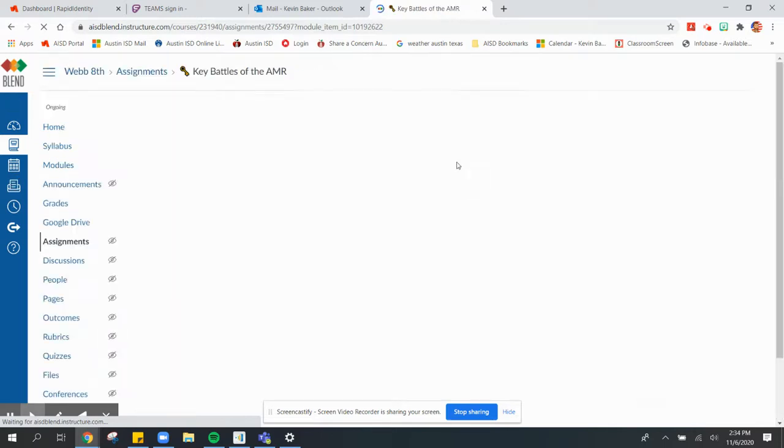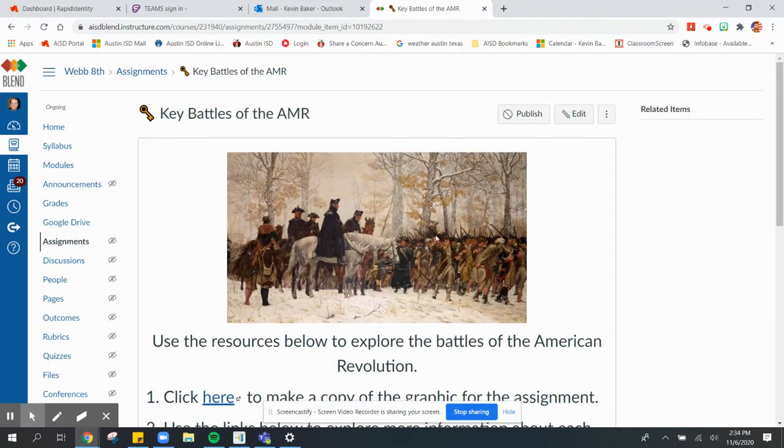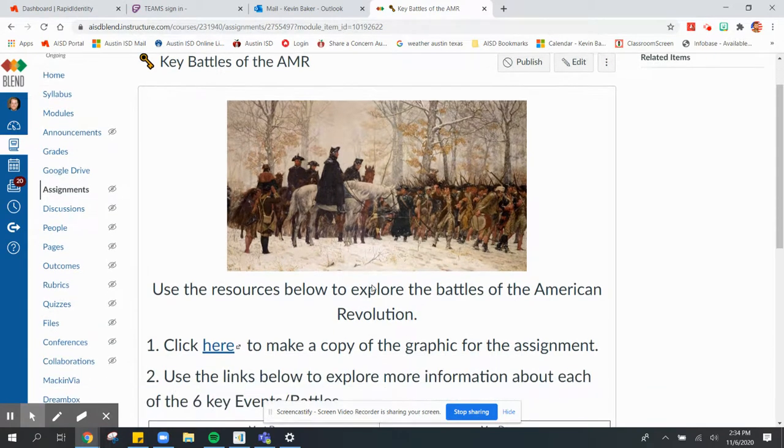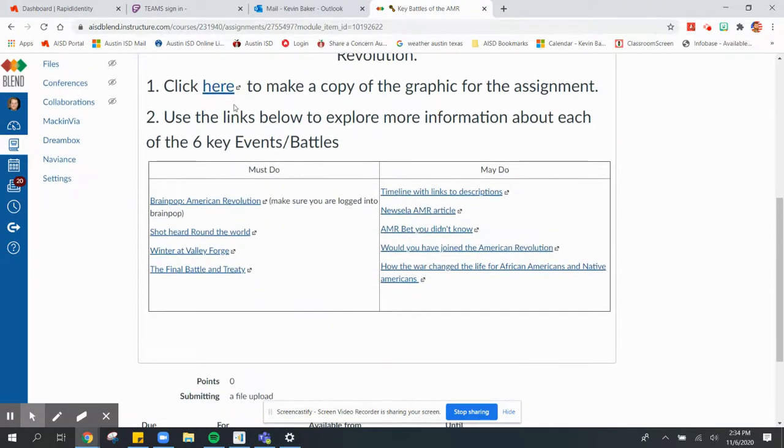Then next, we're going to take a look at some key battles. This is a key battle right here, Valley Forge, where the Americans had to survive a harsh winter. Typically back then, armies didn't fight during the winter because they didn't have the clothes, the equipment, the tools that we have today. So step one for this assignment is to click here,